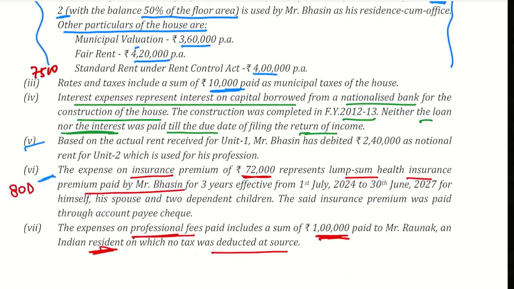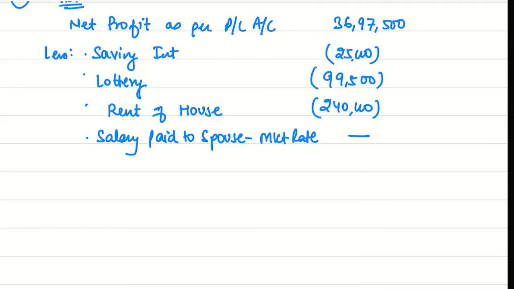Third point, rates and taxes includes 10,000 paid as municipal taxes for the house. So we understand 75% of it is for house property. So I will disallow 7,500. Remaining 2,500 we have paid, that is for business. So municipal taxes, I will add